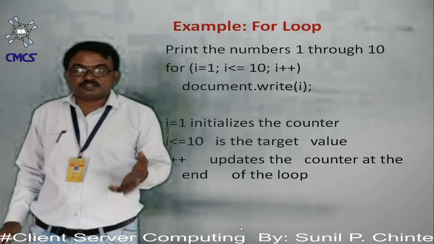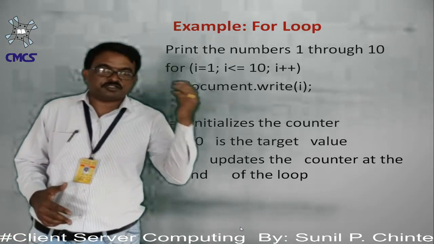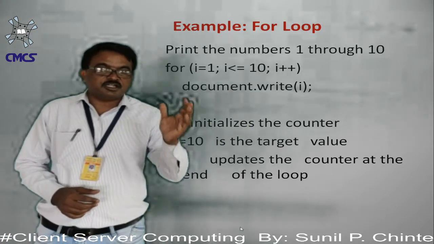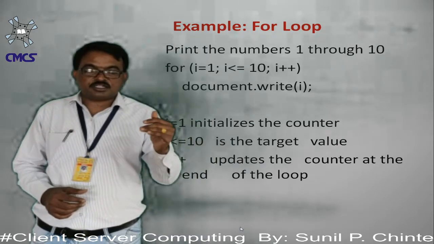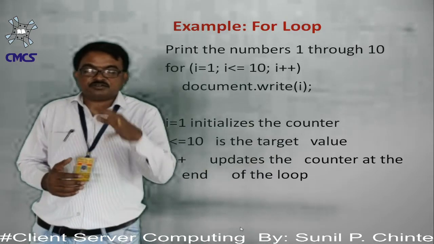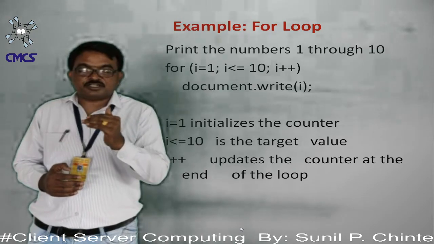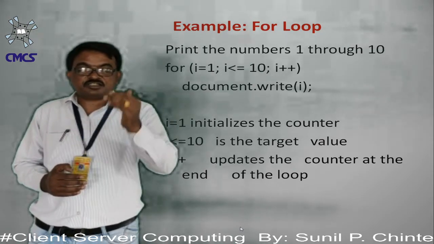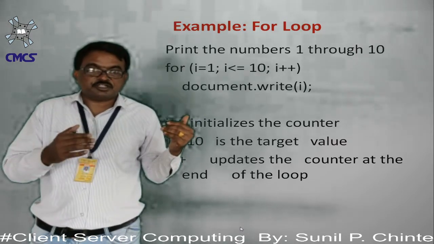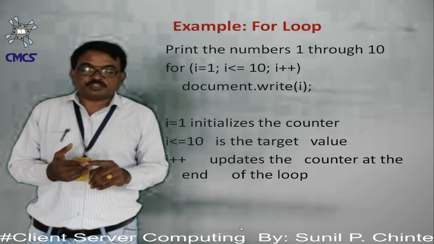Similarly we discussed the control structures. Control structures determine the flow of execution in your programs. Naturally the execution of a program is linear. Means one statement is executed after another. Means linear way से execution होता है. But when you use the control statements, that alters the linear flow of execution of your programs. That time we use the conditional statement, that is the if else, or we can use the looping statement.